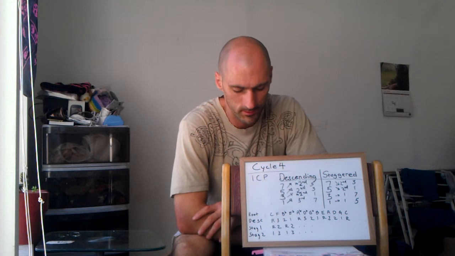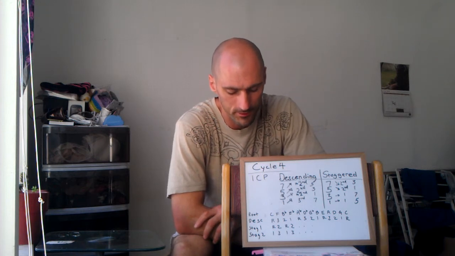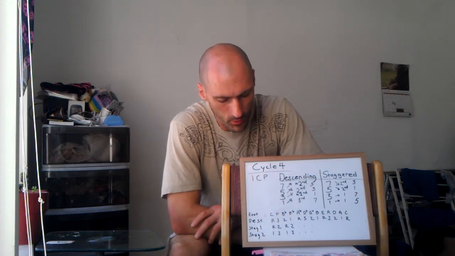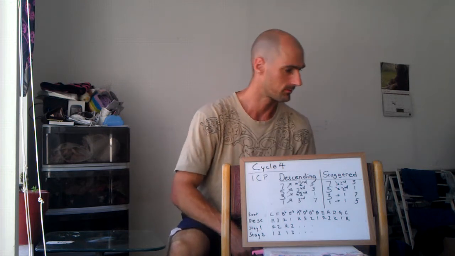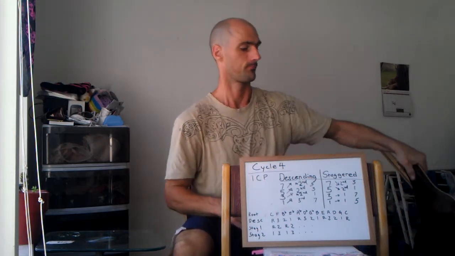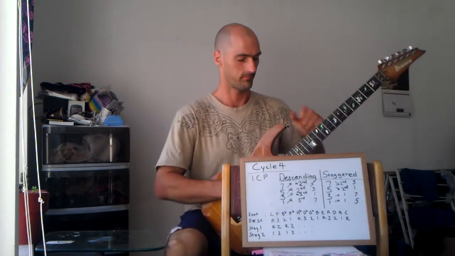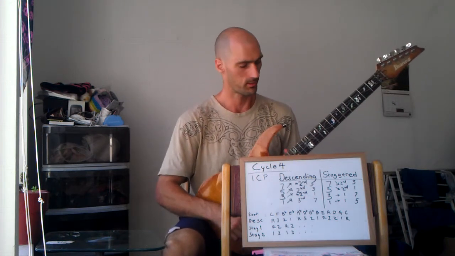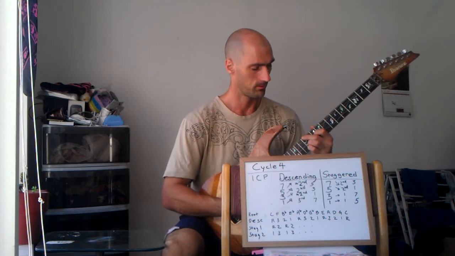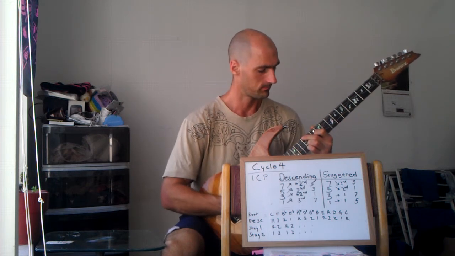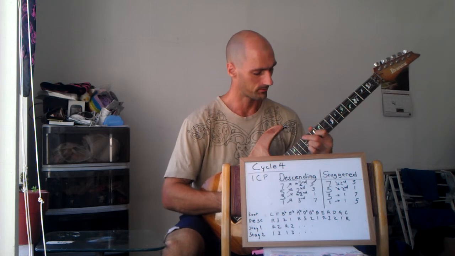The staggered voice leading, or staggered order of inversions, goes from a root position chord to a second inversion chord, or from a first inversion to a third inversion to a first inversion to a third inversion. I'll demonstrate that really quickly. For example, if we have C major 7 here in first inversion, and then we want to go to F major 7,